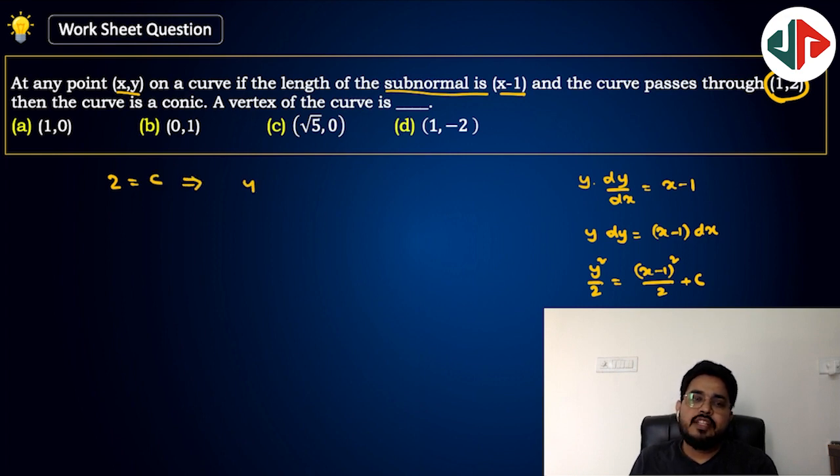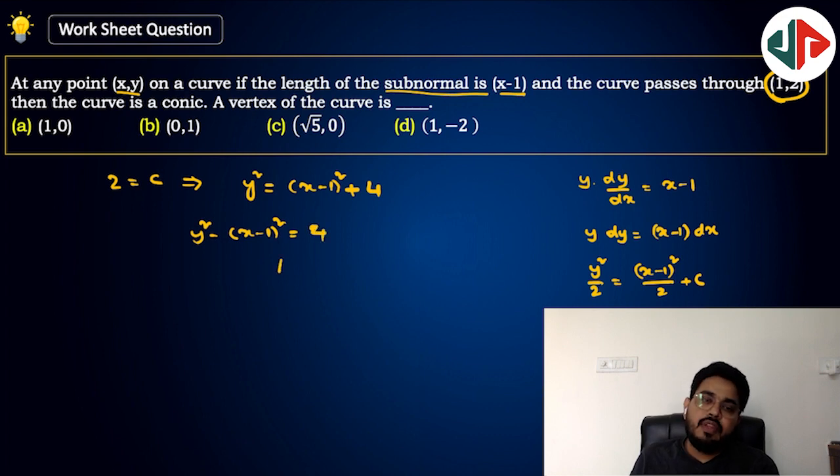The equation is y square is equal to (x minus 1) whole square plus, okay, this value you write to 2 to the 4. So this is a rectangular hyperbola with the center 1 comma 0 and the transverse